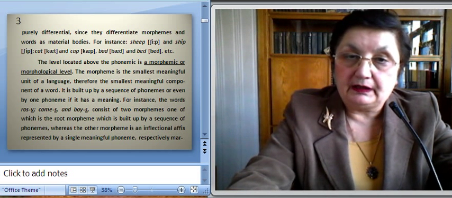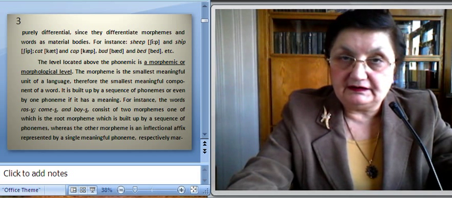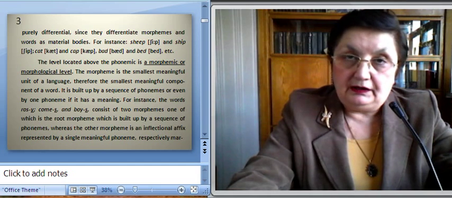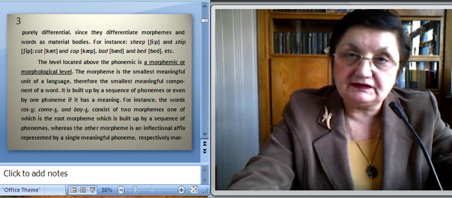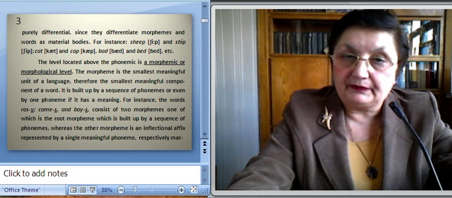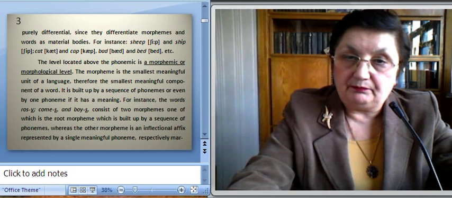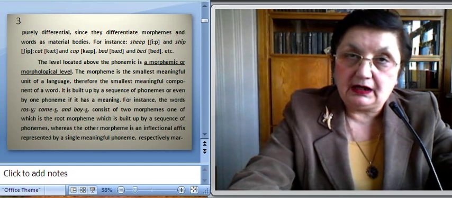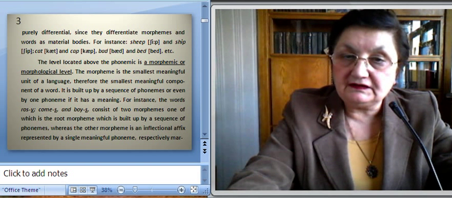The morpheme is the smallest meaningful unit of a language. Therefore, it is the smallest meaningful segment of a word. It is built up by a sequence of phonemes or even by one phoneme if it has a meaning. For instance, the words Rosie, comes, and boys consist of two morphemes, one of which is the root morpheme, which